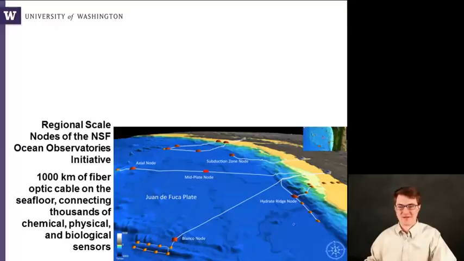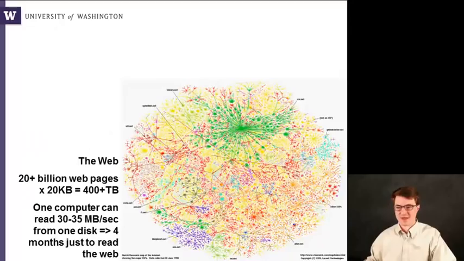Has motivated a lot of new research. All right. In the information space, there's a lot of science to be done directly on the web itself, and so just the web, a single computer can read 30 to 35 megabytes per second from one disk, and so it would take about 4 months just to read the entire web. So new clusters of machines